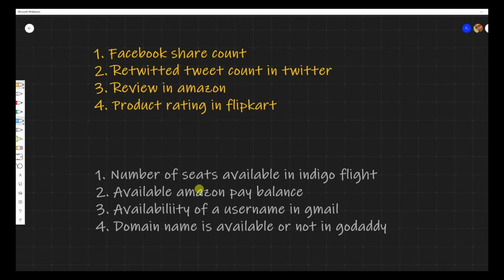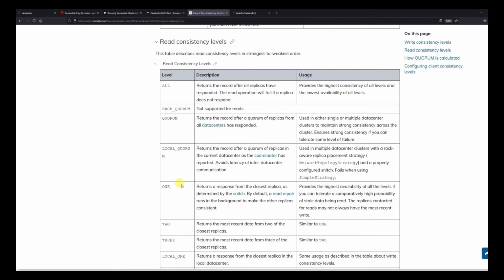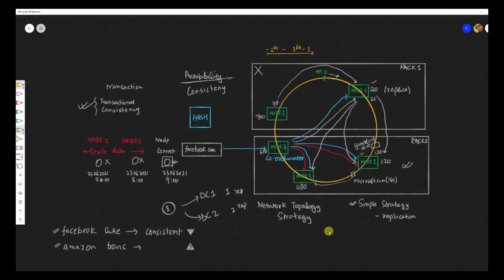But over here, the scenarios below in pink, if it is not consistent immediately, it's going to be a big problem, right? It's going to impact the user experience. And this table plays a very important role in making that decision, right? So enough of theory over here.